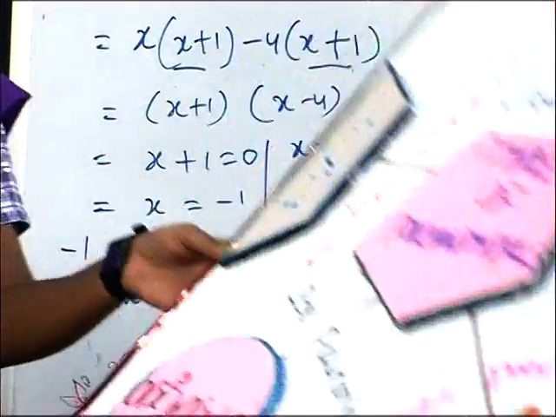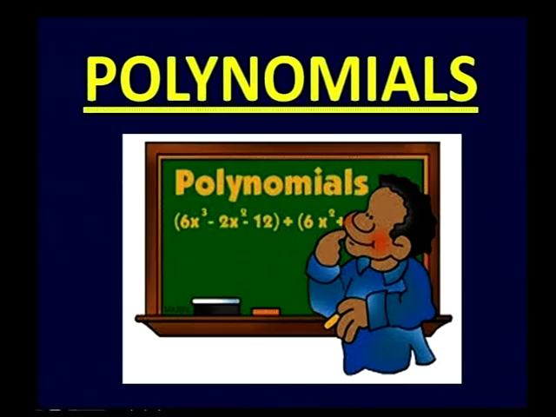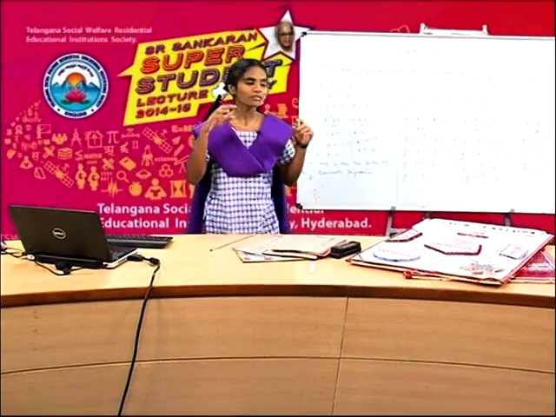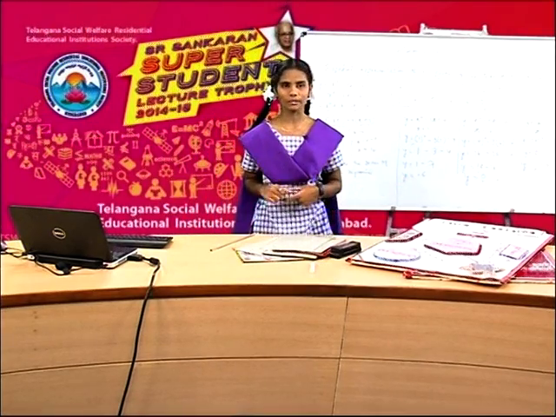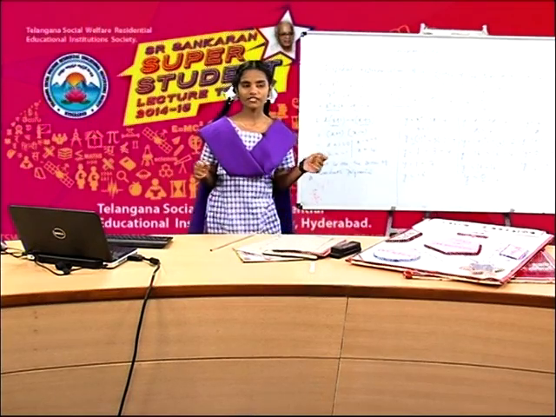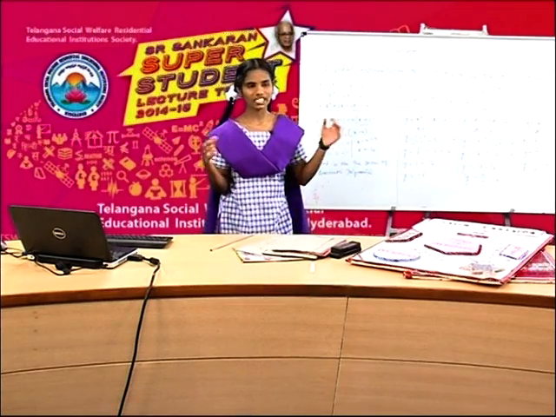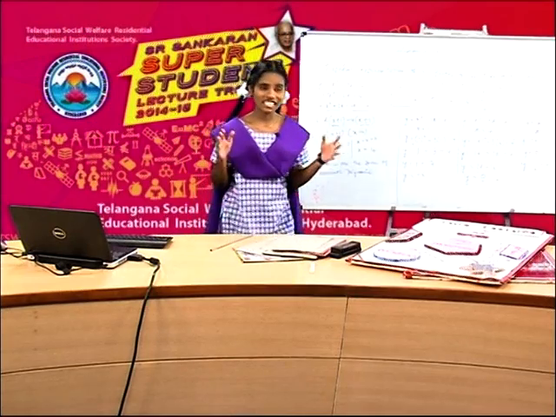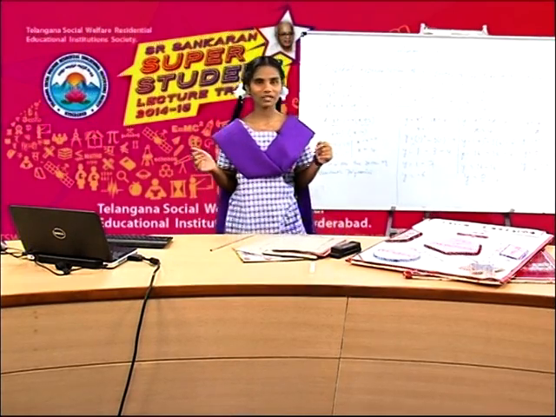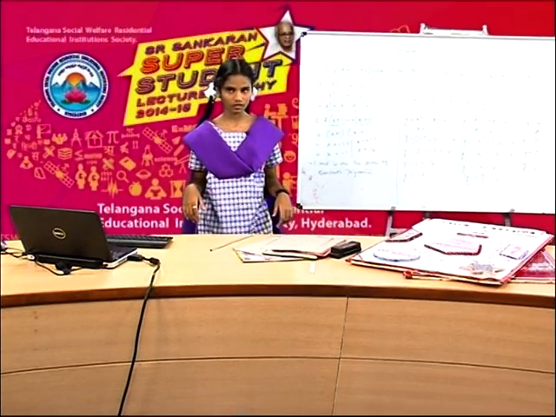Linear polynomial means a polynomial whose degree is 1 is called a linear polynomial. For example of linear polynomial, 2x plus 3, and the general form of a linear polynomial is,